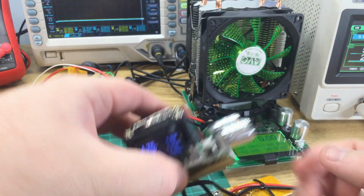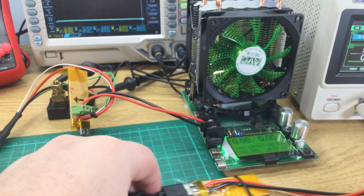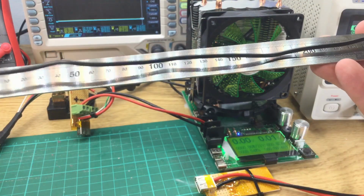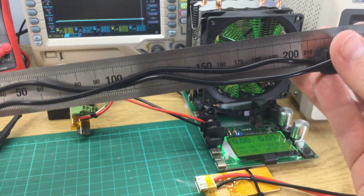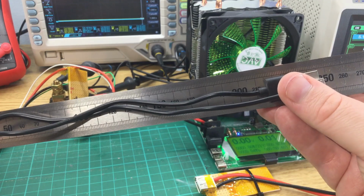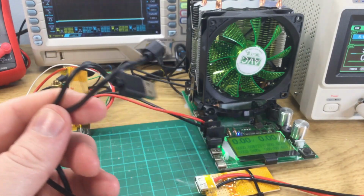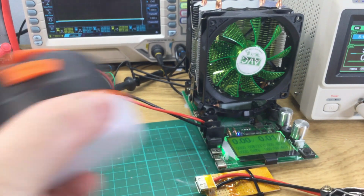How long is that cable? It's quite short. Okay, it's longer than it looks. It's about 50 centimetres. Which is what, about 18 inches? So, better than I thought it would be. So it's not great, but it's not terrible either. A pleasant surprise. So, the next thing to do is to test the output